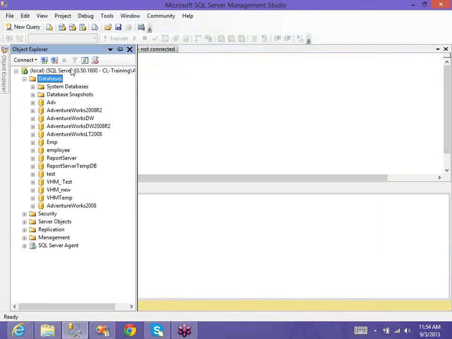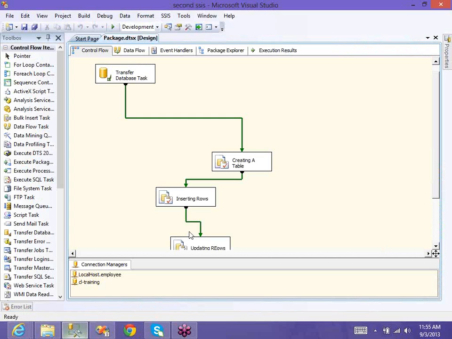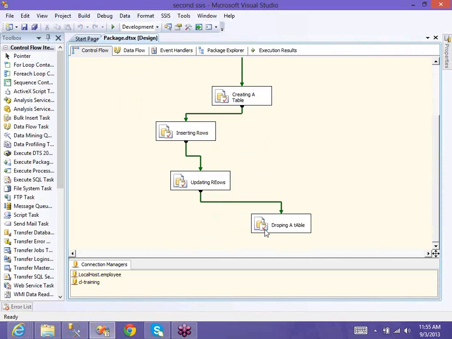See, I got employee and employee 1. I got a copy or not? I got a copy. Okay, then I can do that. If I'm moving from employee, I'm doing some transactions in the employee here. Don't treat it as if I'm creating a table. That might create damage or anything. If it is successfully executed, then what I will do in the next task,